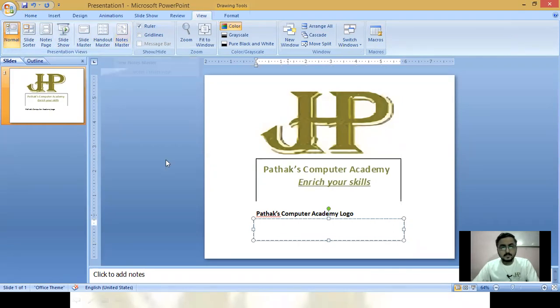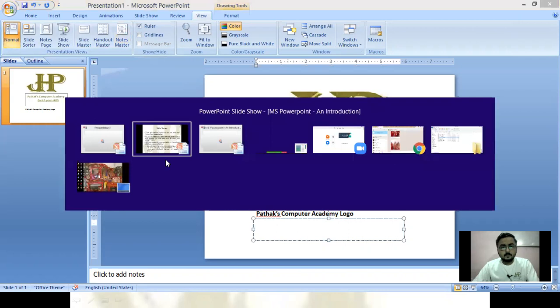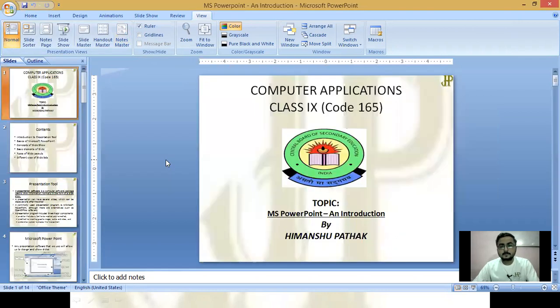So what are they? I am giving you the example. Here, you can see that it is a normal view. On the left hand side, you can see a slide pane, and on the right, the current